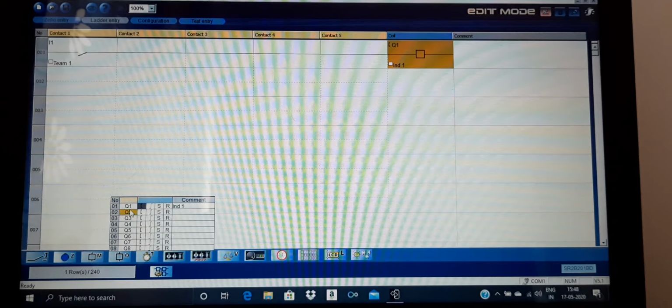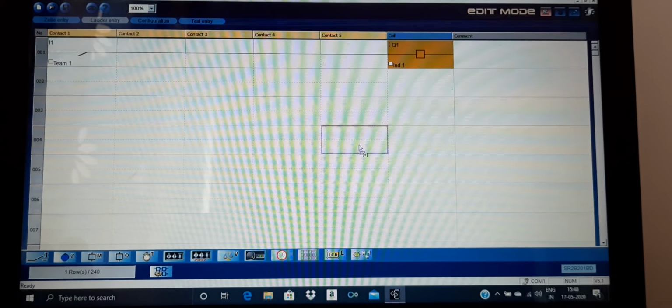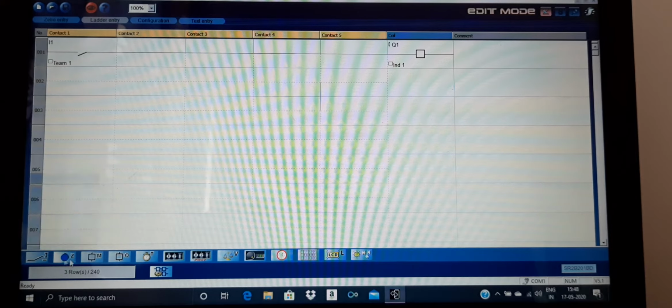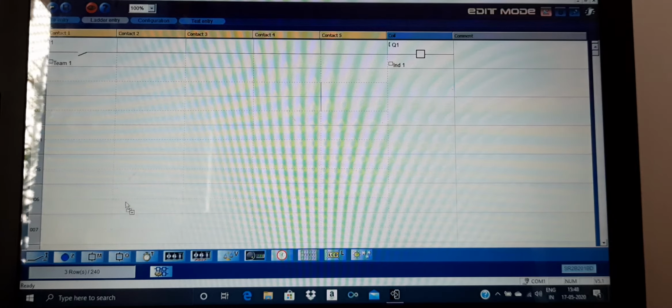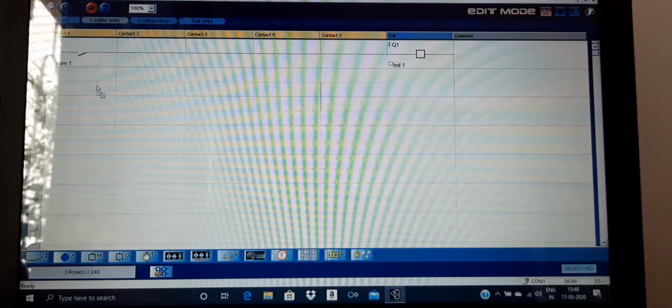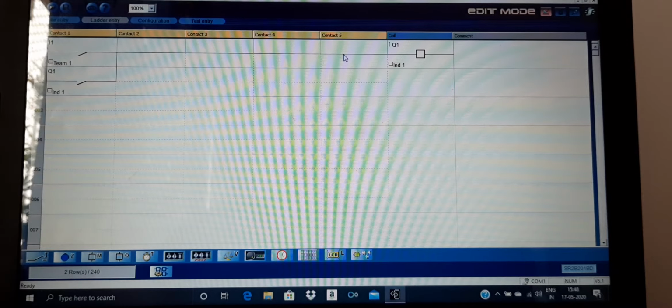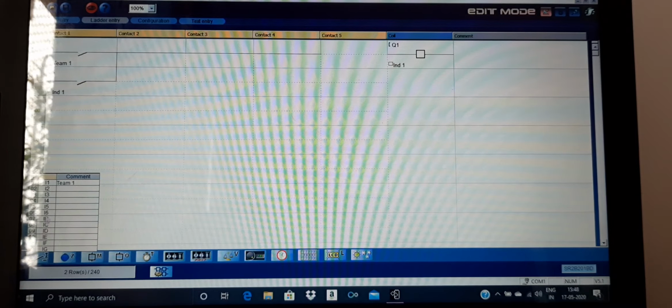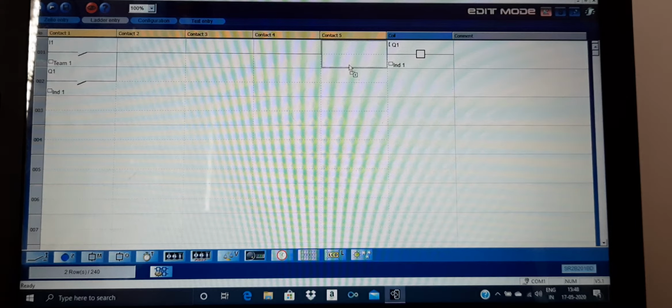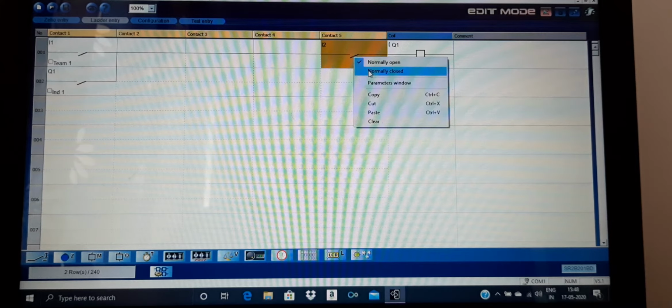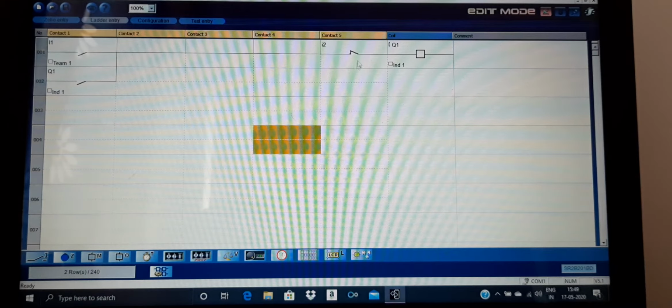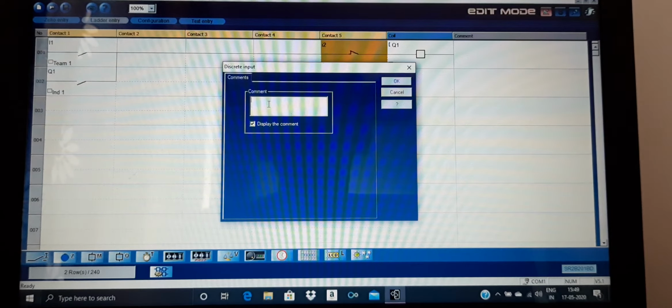So the retention contact I will take from here. So here is the retention contact for team 1, and of course I need to have something called a reset. So I will use this switch over here, normally closed, and I will label that as master reset. Why it is called master reset, we will see.